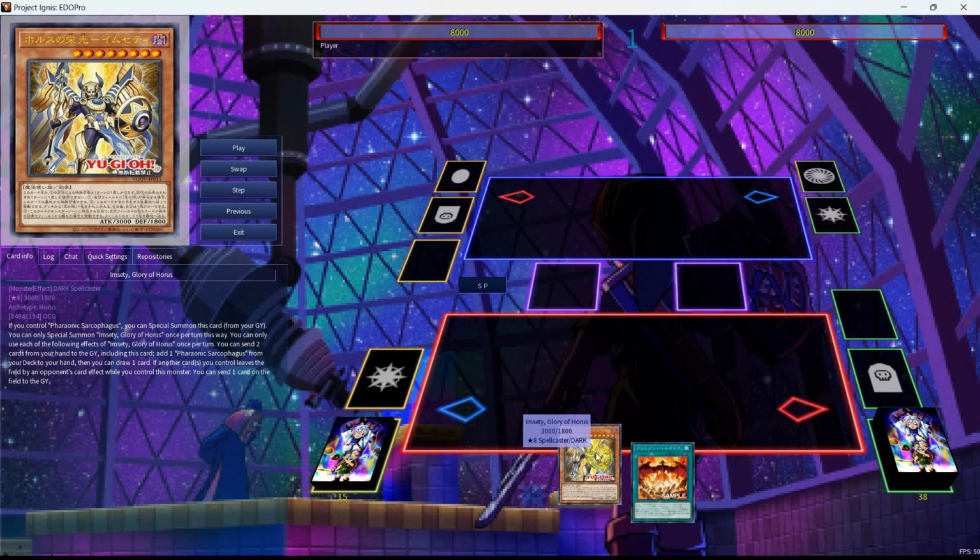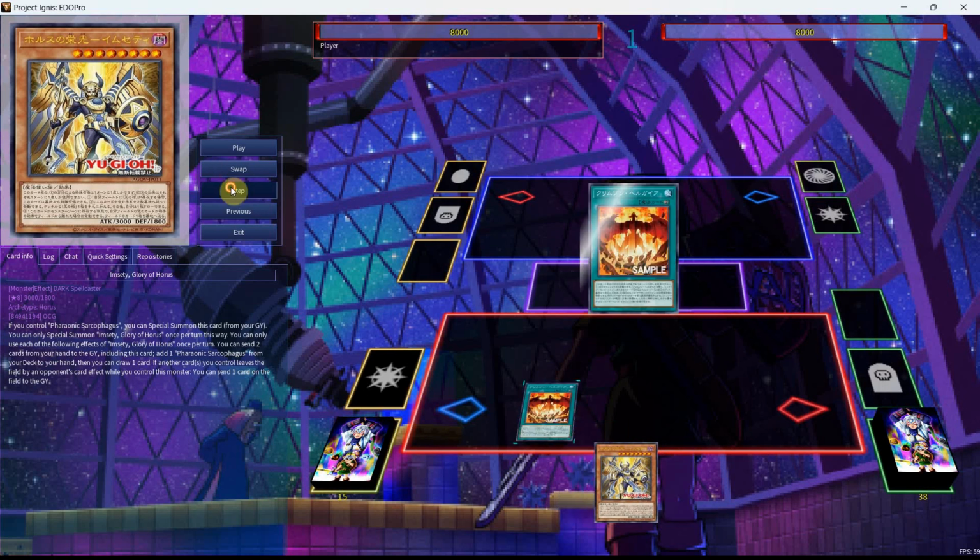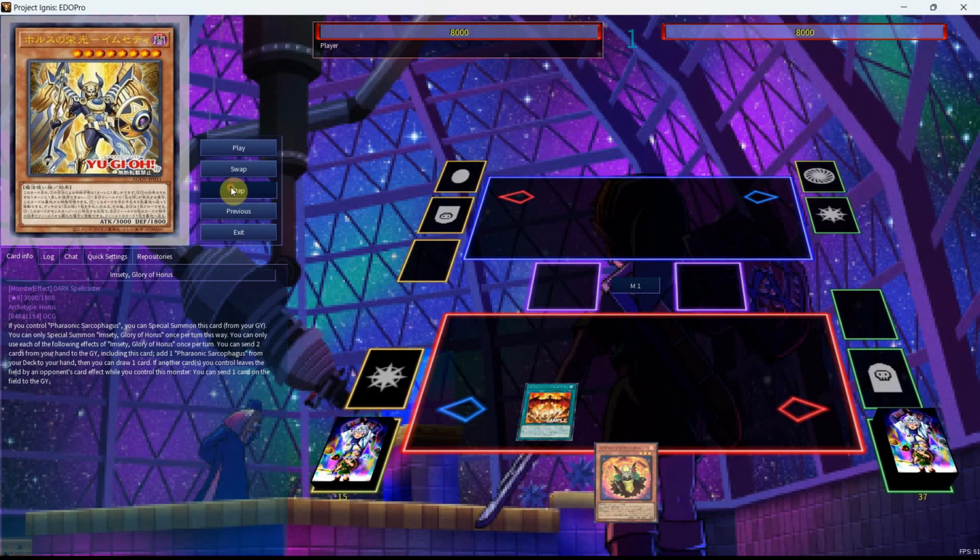If another card you control leaves the field by an opponent's card effect while you control this monster, you can send 1 card on the field to the graveyard. So we're now going to continue our turn by activating the Crimson Gaia, and then we'll be able to net ourselves a search for the Soul Resonator, normal summon the Soul, and now we can search ourselves the Bone Archfiend,